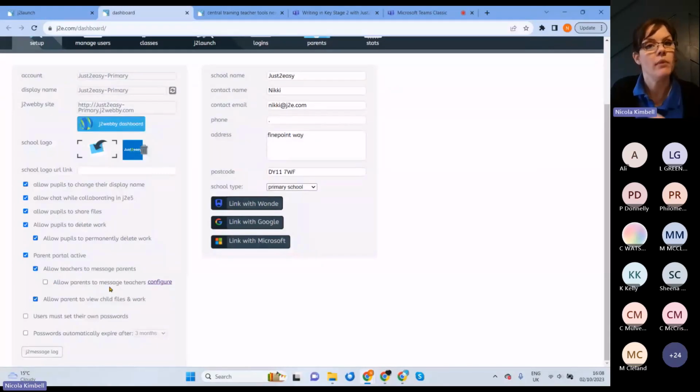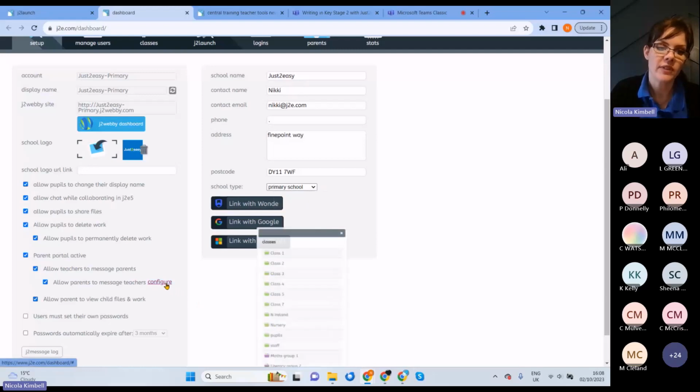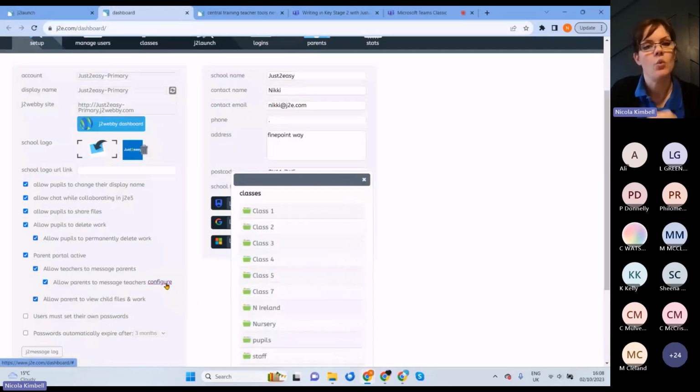Okay, you might want it to be a 2-way messaging service, in which case we can turn that on. But you might just want them being able to message only their class teacher, or a class teacher and a teaching assistant, or a class teacher and an admin within the office. So what you can do then is you can configure for each class which members of staff they can communicate